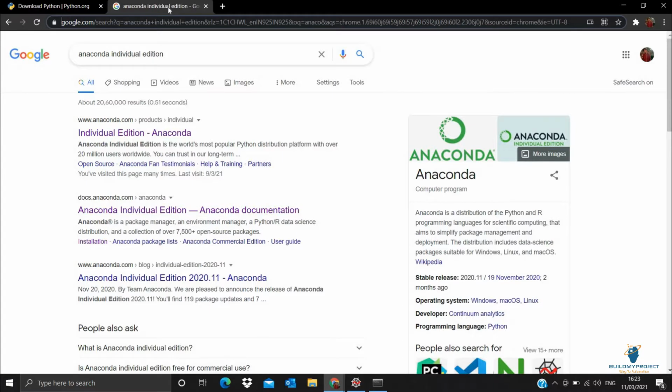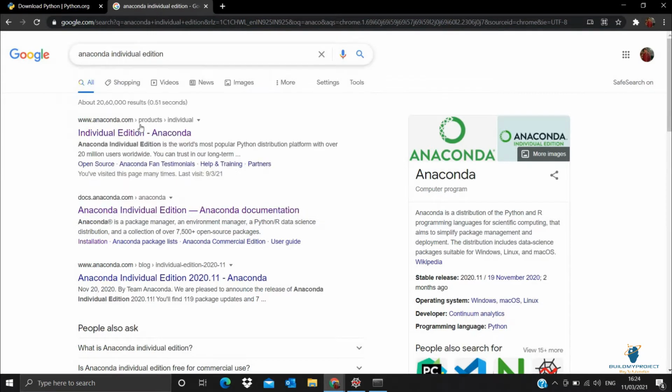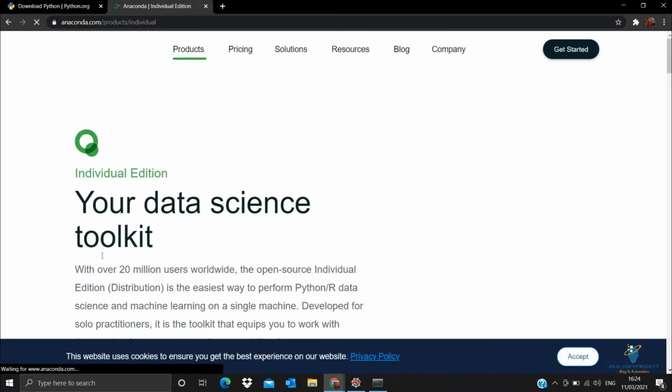And then on another tab, you need to search for Anaconda Individual Edition. Basically, Anaconda is a software. It is a platform which consists of multiple sub platforms. For developing normal Python programs, small games, or AI projects, we use Spyder. Installing this Anaconda will take a bit of time. You need to go for the individual edition, and then click on downloads.